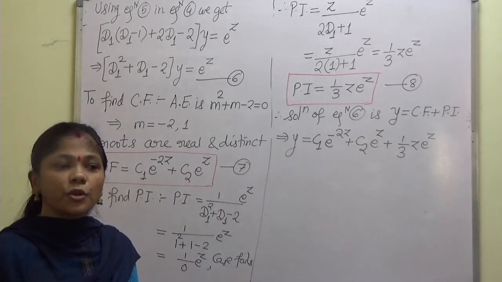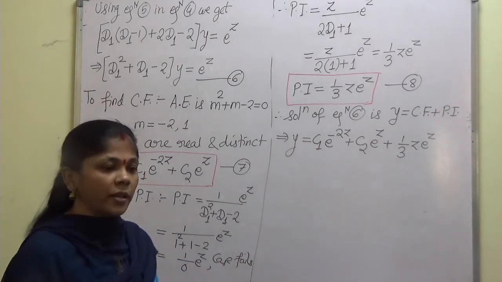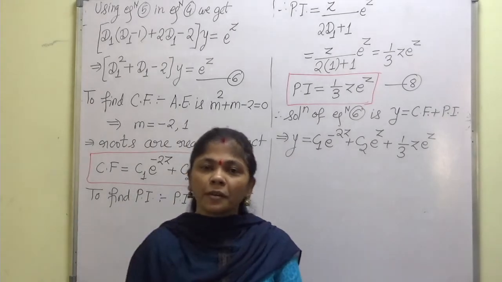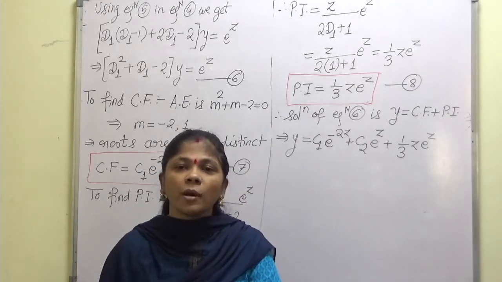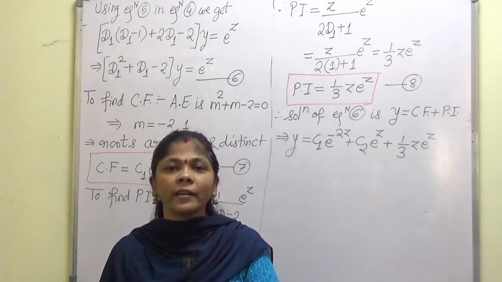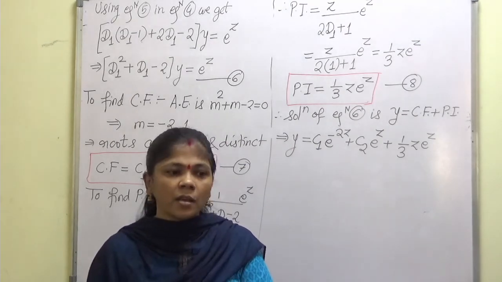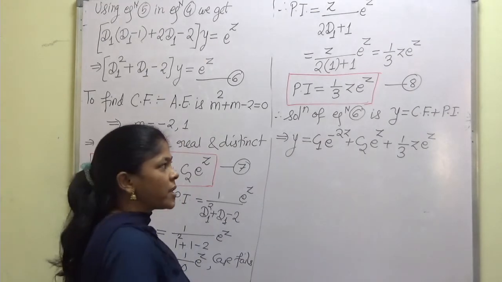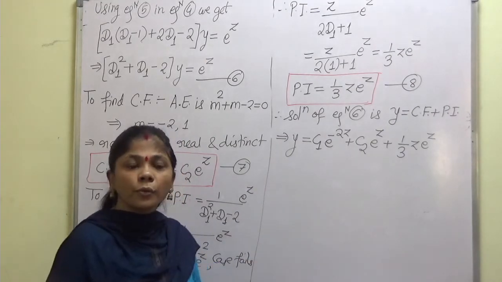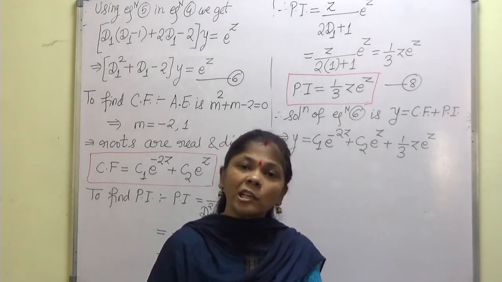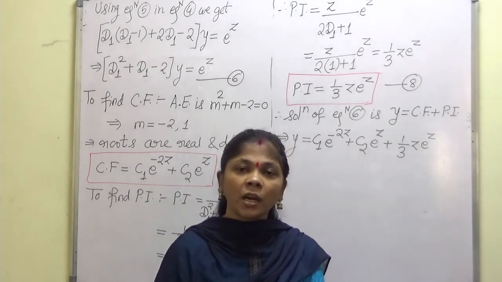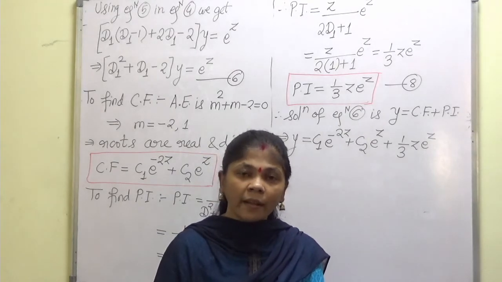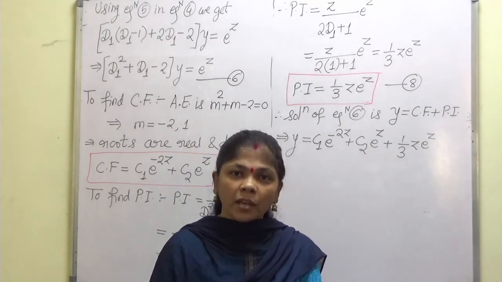Okay, so this is the solution of equation 6, whereas we want the solution of equation 4. Just recollect, in 4 the final solution of our functional, that is the extremal, must be an expression of y in terms of x. That is a curve, whereas what we observe here is y in terms of z. So let us convert this y in terms of x. We substituted x as e raised to power z, so wherever there is e raised to power z, it will be replaced by x.